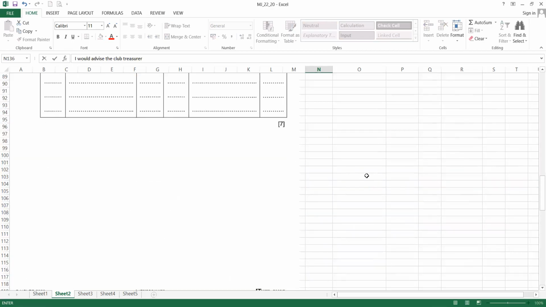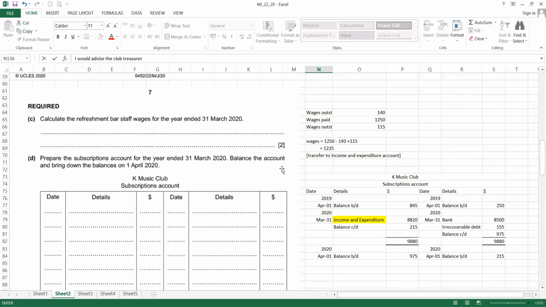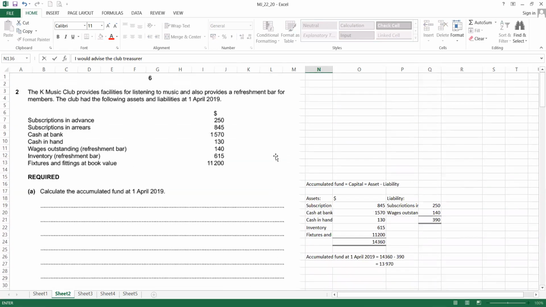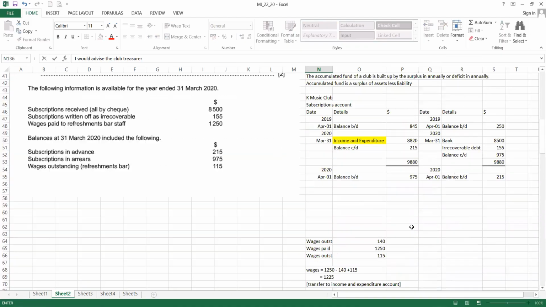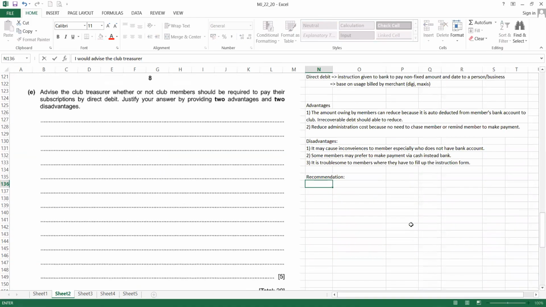This is our club, let me see, K Music Club, to facilitate and provide to the members. I will choose to write to support. I will advise the club treasurer to